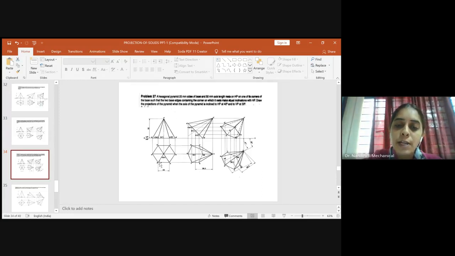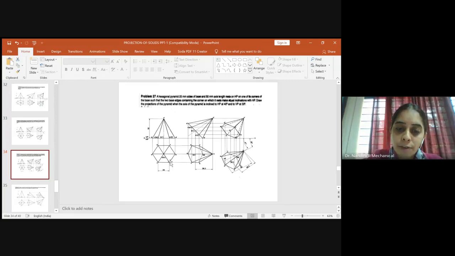So using scale, you can mark 25 mm on it or use compass and just measure 25 mm. So once you measure 25 mm, then you can either take the exterior angle or interior. So if you're going with interior angle, you will take 120 degree. So this way and again 120 degree this way also. So you will get the other two sides. But you have to fix the dimension for the side.